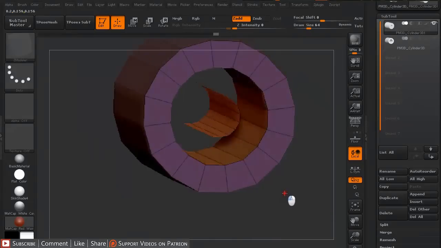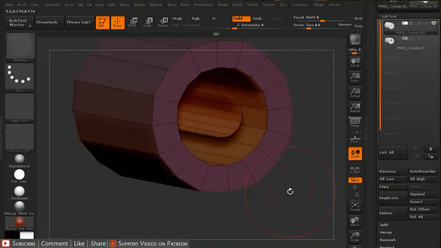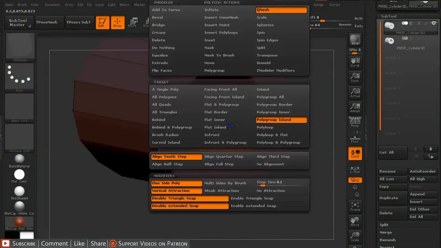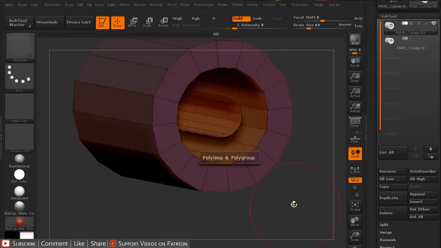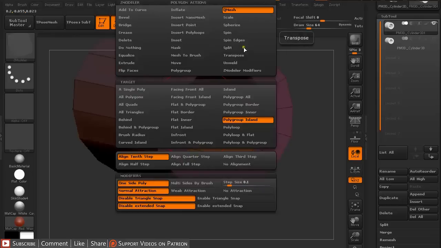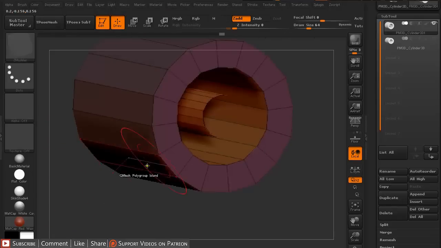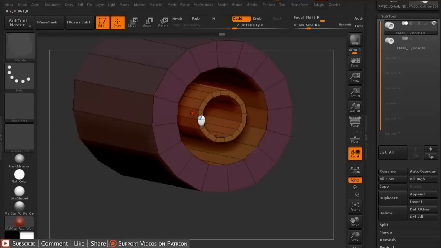So now all you have to do is hover over polygons again, flip faces, polygroup island, and click on this part, and then hover over polygroup and QMesh, polygroup island, and just